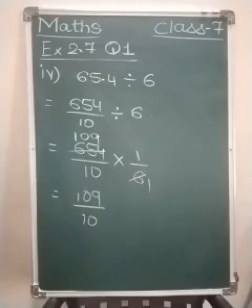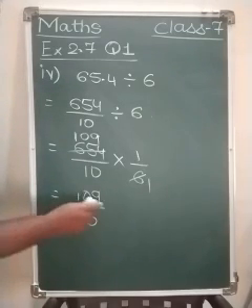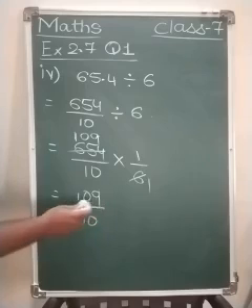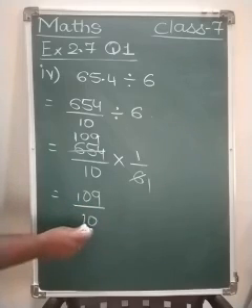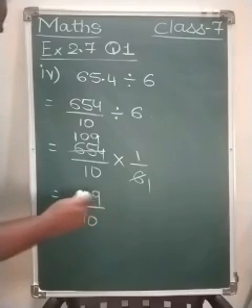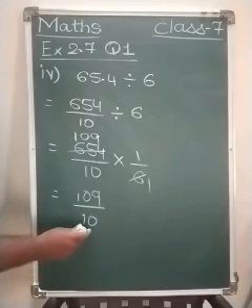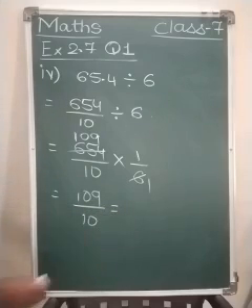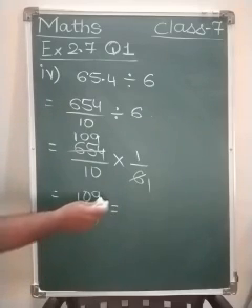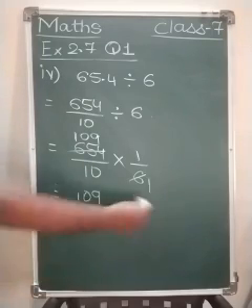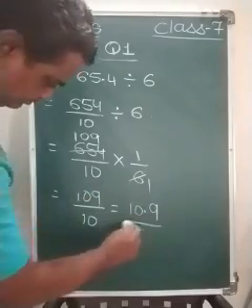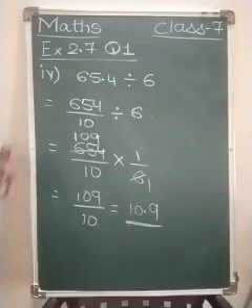Now again a very simple thing. Here in the numerator we have 3 digits, 109, and in the denominator we have only 1 zero, that is 10. So from the right, count one number and give the decimal point here in the answer. So the answer would be 10.9. Done. Simple sums.